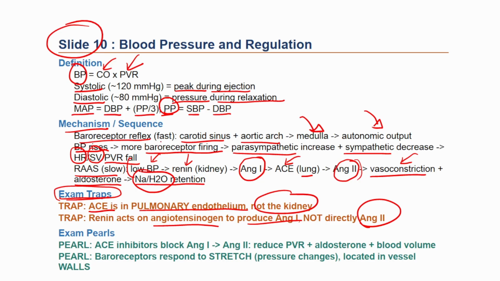To bridge this endocrine cascade with high-yield clinical pharmacology, remember that ACE inhibitors, a type of medication, function by blocking the conversion of angiotensin I to angiotensin II, effectively reducing peripheral vascular resistance, blunting aldosterone secretion, and decreasing total blood volume to treat hypertension. On primary physiology questions, always remember that baroreceptors do not directly measure fluid dynamics. They respond exclusively to mechanical stretch caused by the pressure variations, and their sensory bodies are located explicitly within the